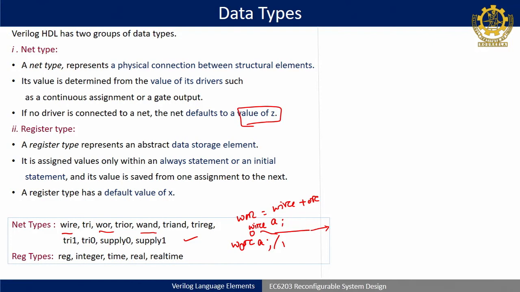Okay. That is why I told you many times, in sequential design you need to initialize the register first, either by resetting it to 0 or setting it to 1. Only then will it start doing a certain application, or like in a counter, it may start counting from 0 onwards till the final output value.